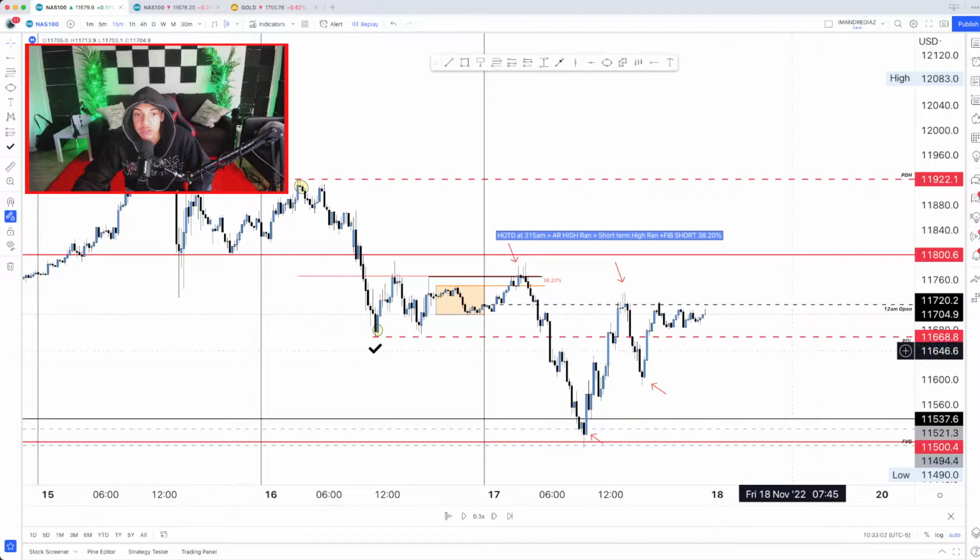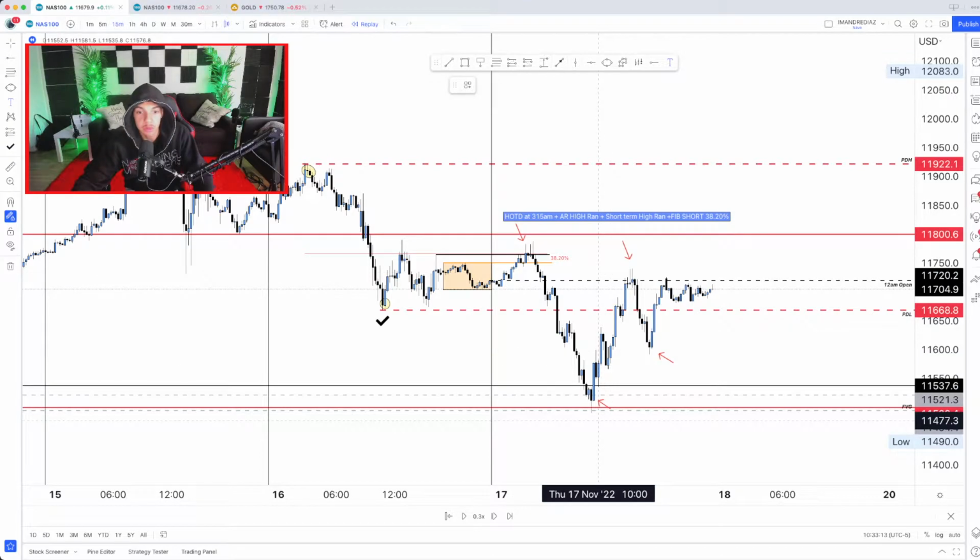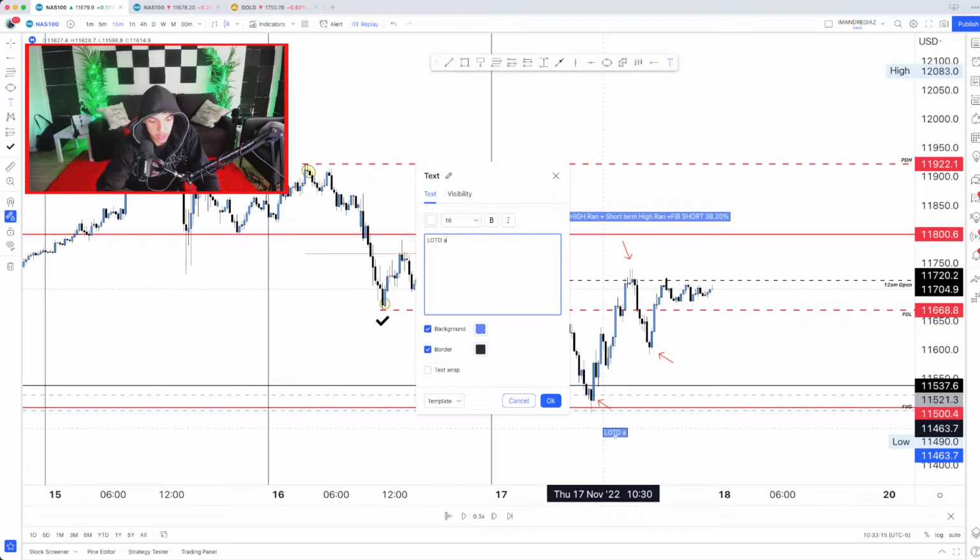And then from here, you can see the reaction price had. It just kept pushing from here, and it was clean. Price filled in the gap almost precisely, almost perfectly. So now annotate it. We had the high of the day at 3:15, and we have the low of the day at 9:15,